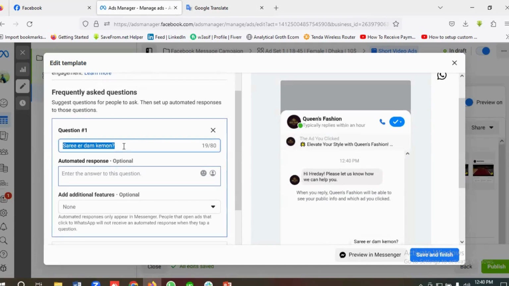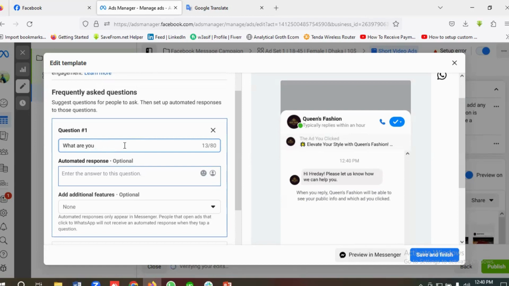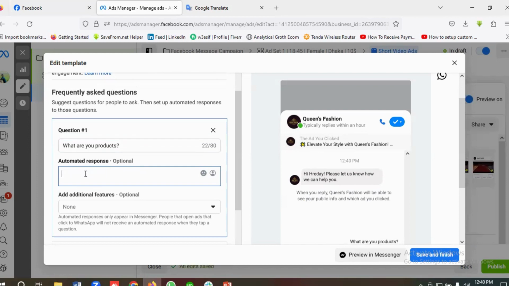Okay, so for the time being, I'm going to be using what are your products, for example. So you can customize this section as per your requirements. Okay, so you need to give an automated response. So this is also optional, so it is not mandatory. If you want, you can give the automated response. So for example, I'm going to give the automated response as